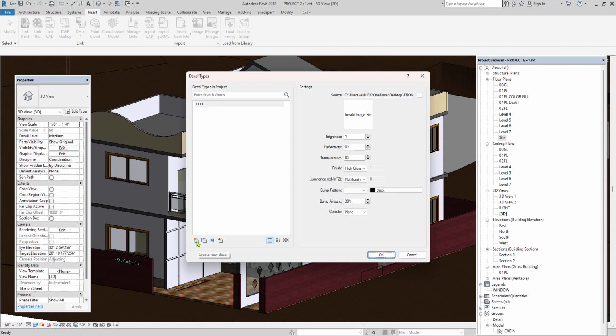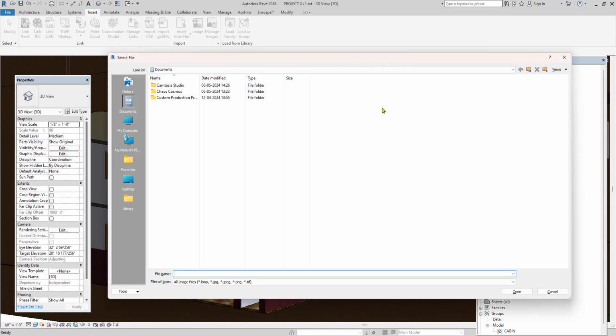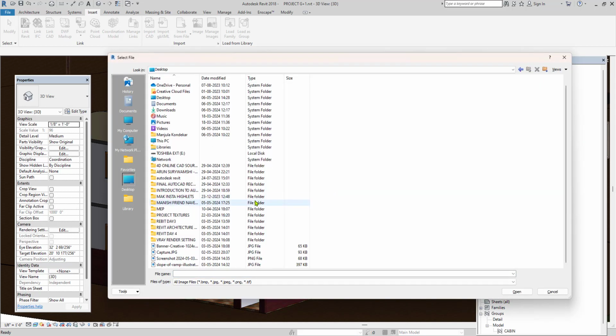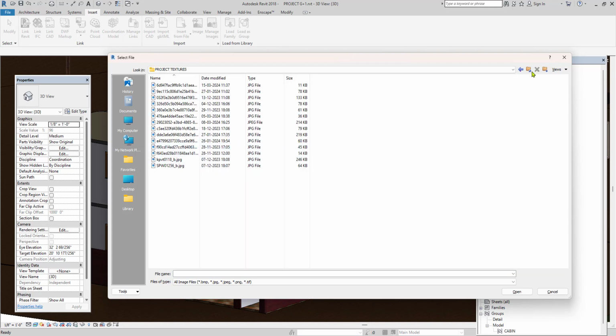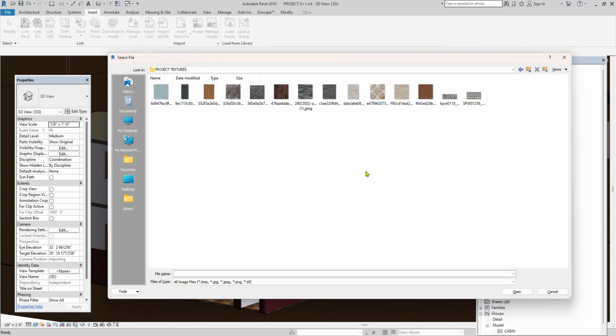For that, click on the create new decal option. You can give any name like tutu or whatever it may be. Click on the OK option. Here we have to browse to that particular image which you want. Go to the location and then load it. I'm just going with project textures and then make this a thumbnail view to get a better idea.